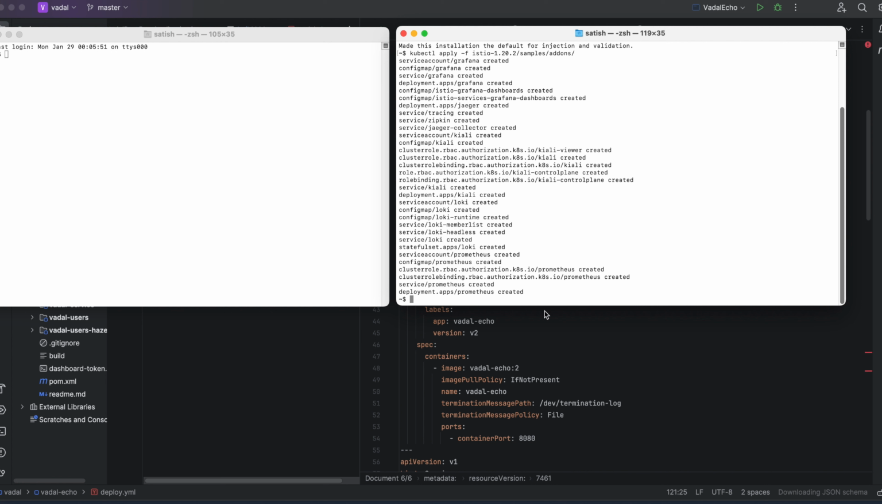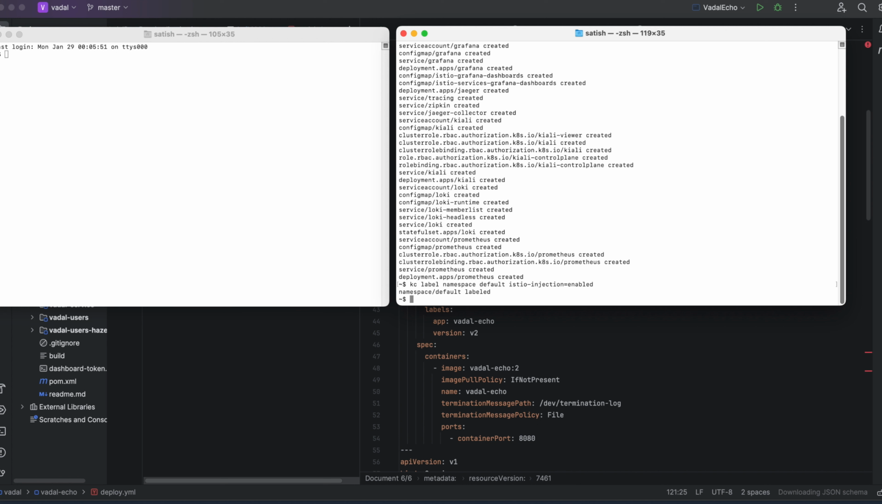So that's all there. Now the other important thing before you deploy anything is to make sure that the label for Istio injection is there. I've got a shortcut alias for kubectl. So kubectl label namespace default, if I can spell default, istio-injection=enabled. That's important. Otherwise, a sidecar won't be added when you deploy the